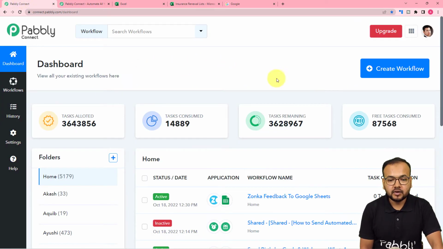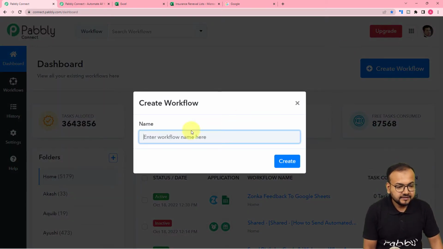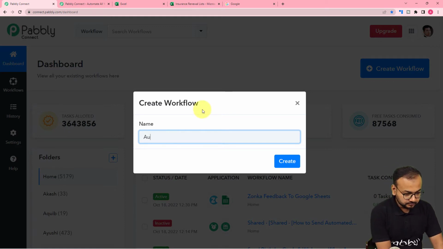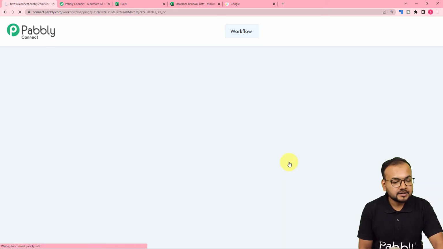Here you have to click on this create workflow button to set up the automation workflow. And in this name field, you can give a suitable name to this workflow as well. So I'm giving the name here as automated reminder emails. So I have given this name. Okay, and after giving the name, just click on this create button, and here you can see the workflow page